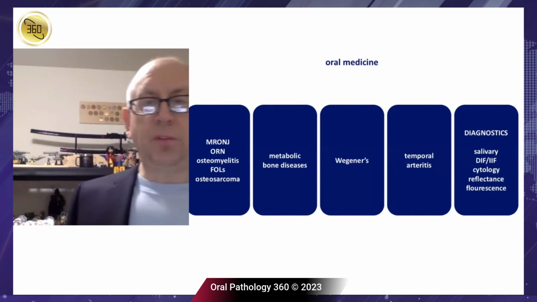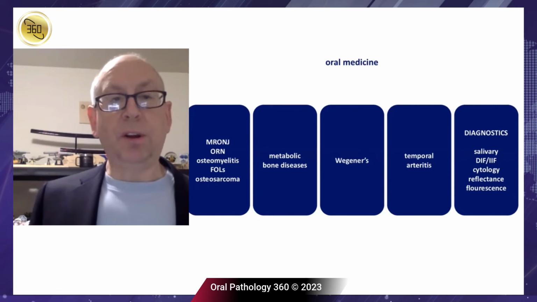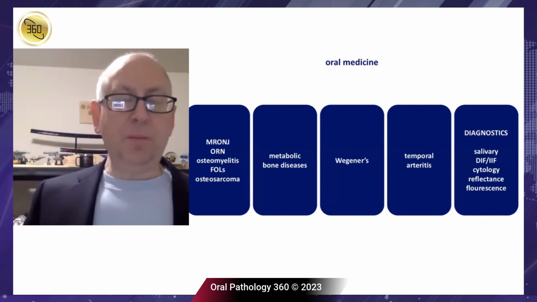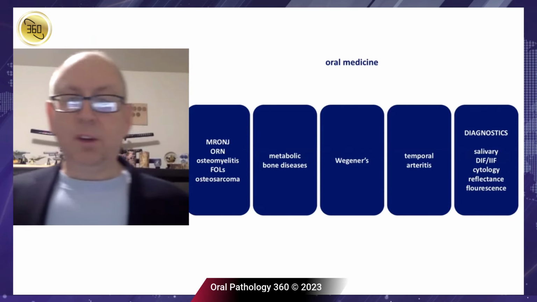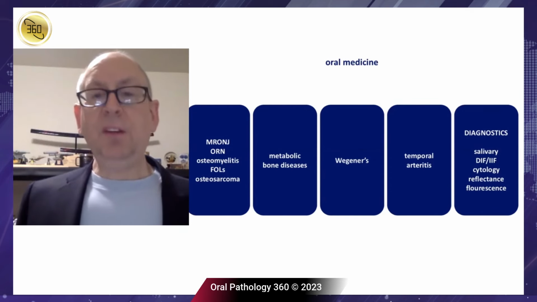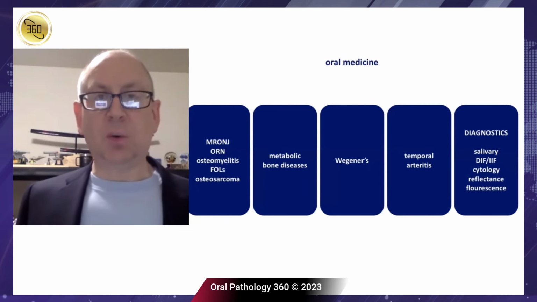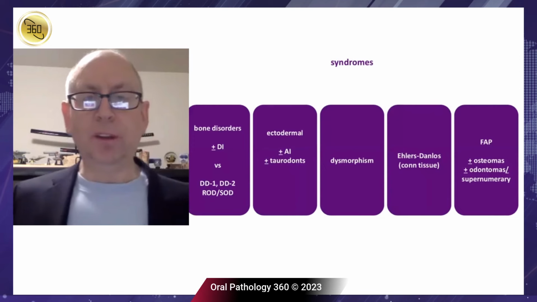And then we have sort of the systemic things that happen that present themselves in the oral cavity, right? So our medication-related osteonecrosis for our individuals that may have IV bisphosphonates or medications, or do they have a metabolic bone disease that shows up on a radiograph? Or do they have some sort of granulomatous disease that shows up as a vasculitis or a temporal arteritis? And then what's new, right? So there's all the salivary diagnostics and all these tools that we can use to try to tease out, is this a malignancy or pre-malignancy? The drivers, maybe we need to biopsy.